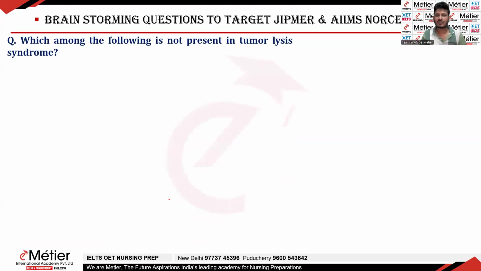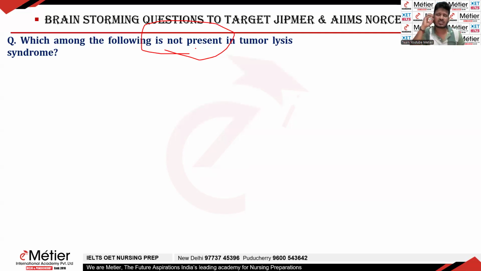The next question we are going to discuss is: which among the following is not present in tumor lysis syndrome? Very important, repeatedly asked question. It is a "not" question, so understand the concept. To solve it, you should know what tumor lysis syndrome is. Any cancer tumor, if it is broken down, releases particles like potassium, phosphate and uric acid from the cell into the blood vessel, causing many changes in the body. So that is called